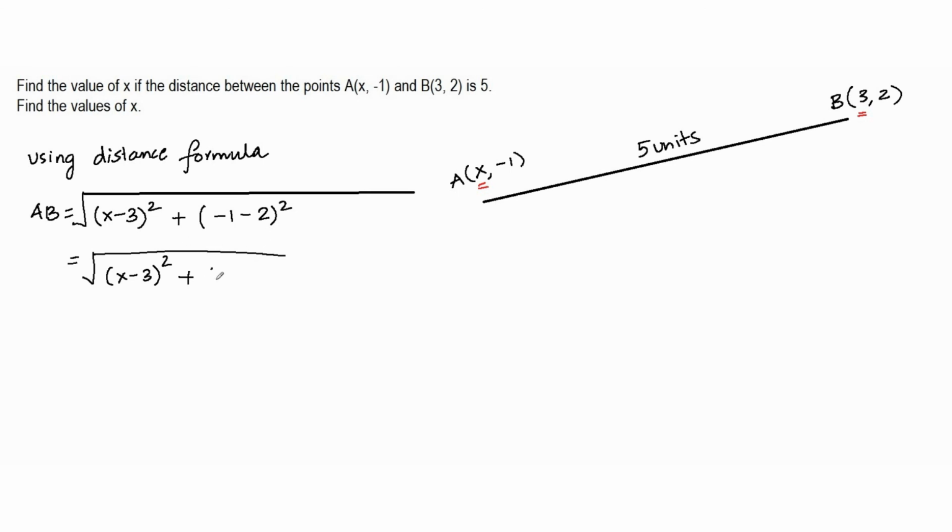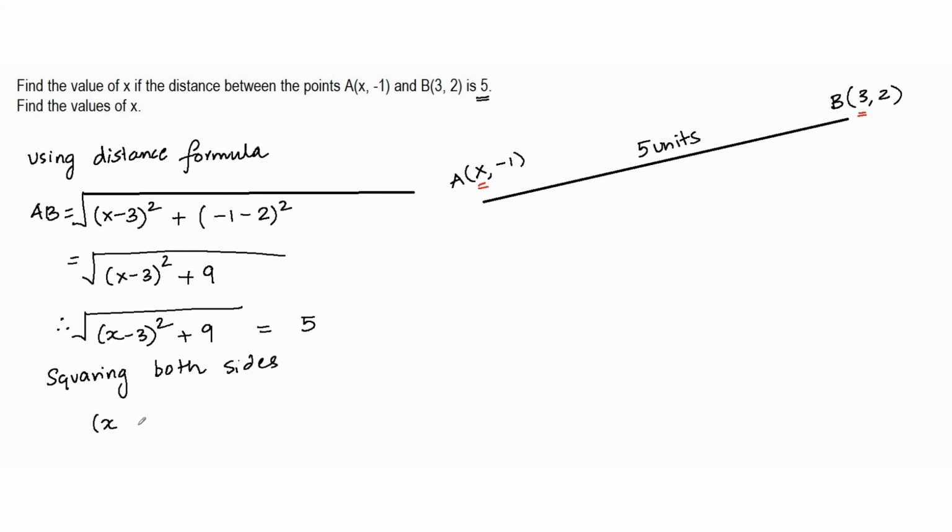Negative 3 the whole square is going to be positive 9. And now it is given that the distance AB is 5 units. That is given to me. Therefore, I can say that under root of (x minus 3) the whole square plus 9 is equal to 5 units. Squaring both sides, we get (x minus 3) the whole square plus 9 is equal to 5 square, which is